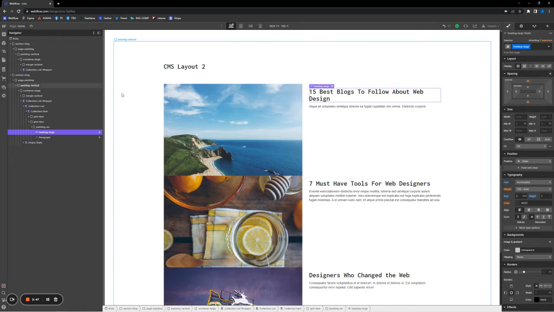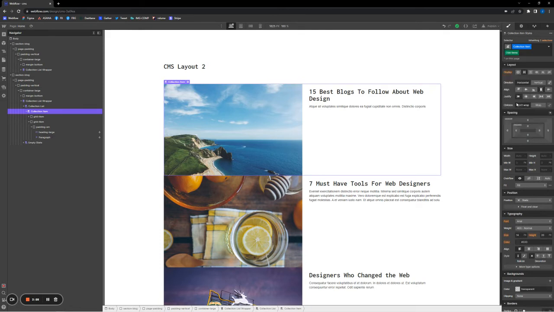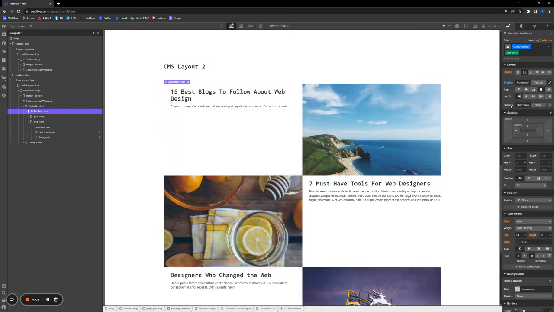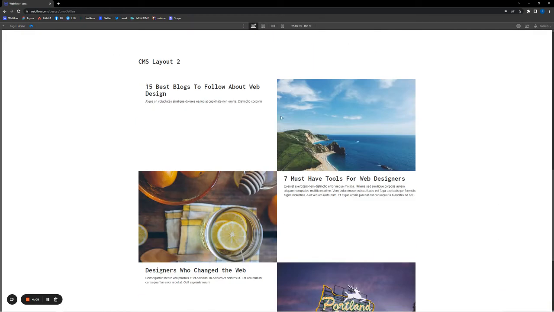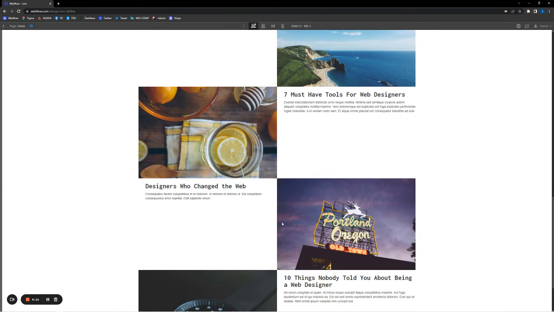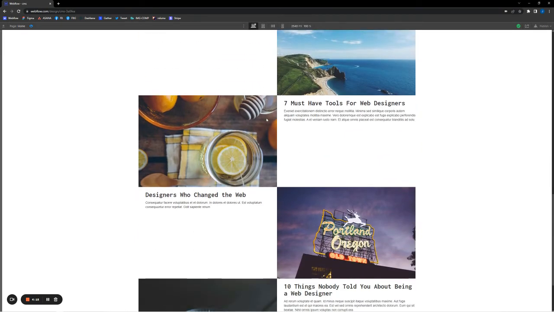So consider what you're doing very similar to that. You're going to select whatever you want and then stylize it however you want. So we're going to go to odd items, and we're going to go to reverse. Boom. You hit reverse, and all of a sudden you have this cool alternating sections, just like what I